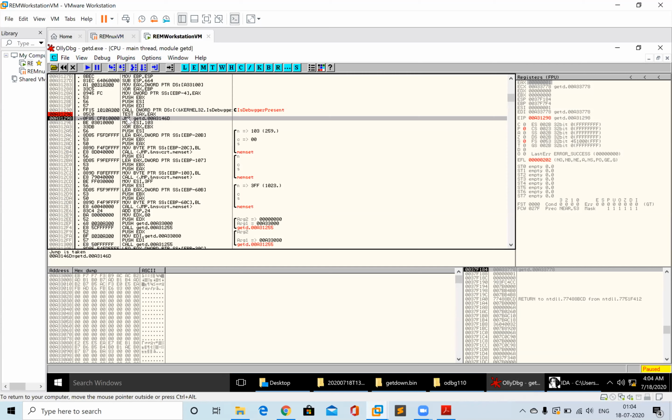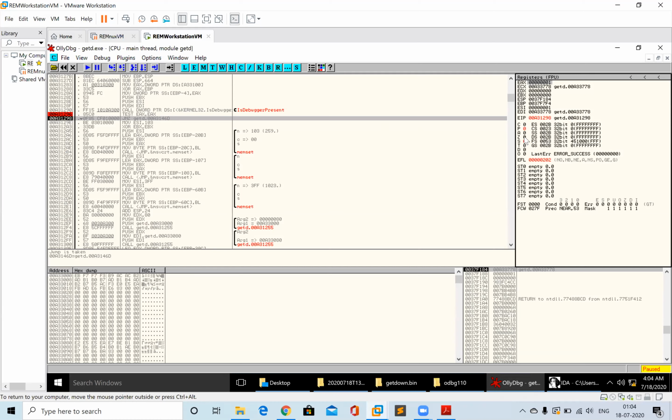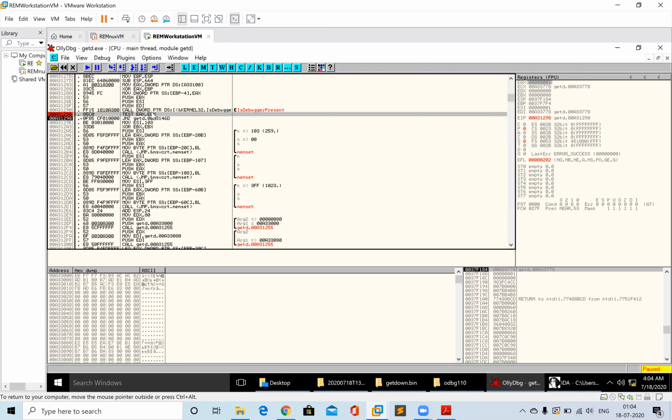So what will happen now if I execute this line? The jump will go to A31460. Sometimes I also get confused with jump not 0. Here the zero flag is 0, and it is jump not 0. The test EAX instruction sets the flag, and then it will actually jump.